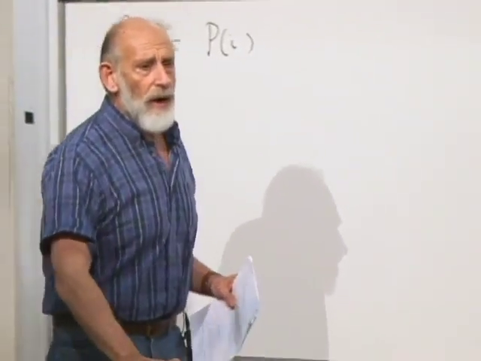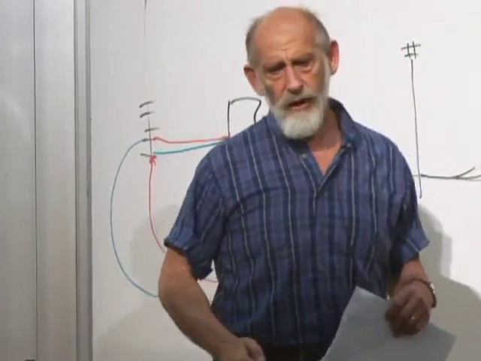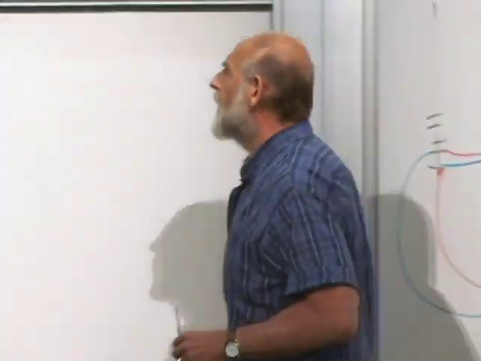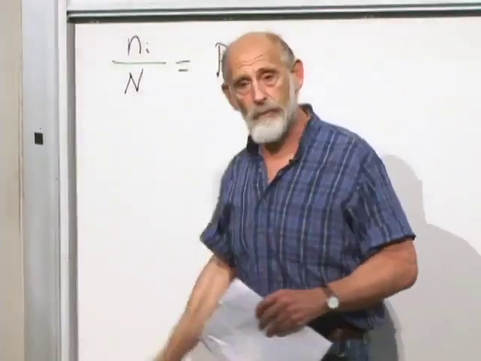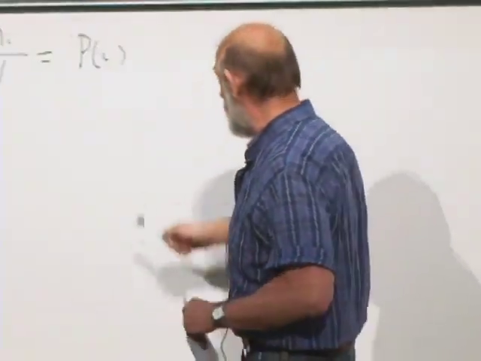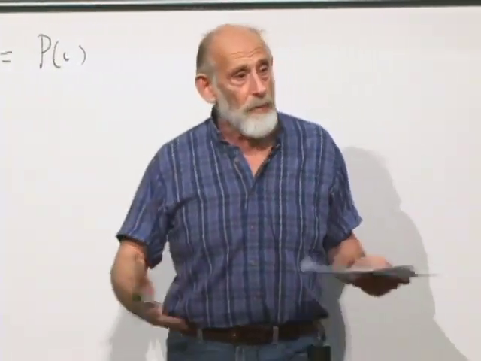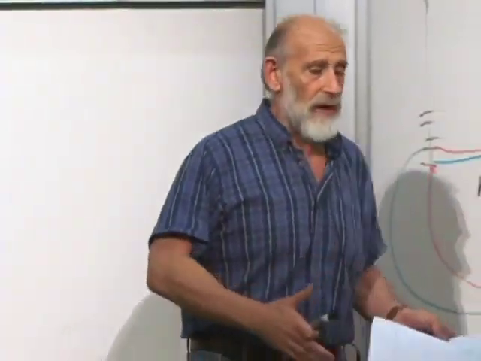Why P? Well, if you have a large number of identical replicas, subject to some fluctuation, but you know the ratio of the number of each type of box to the total number, it makes a lot of sense to think of that as the probability that any given box is in the state I. What is probability, after all? It's essentially the same thing as saying you have a large number of replicas of the same thing, and you take the ratio between each given outcome relative to the total number of copies that you have, and that's what's called probability, or at least that's one way of representing probability.